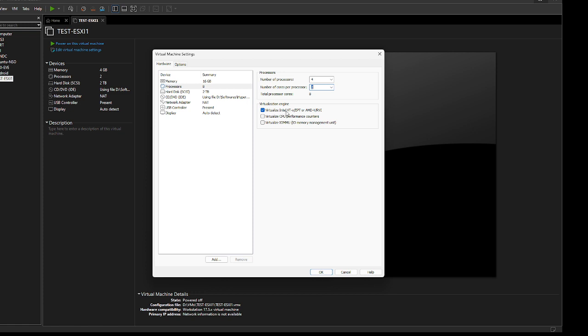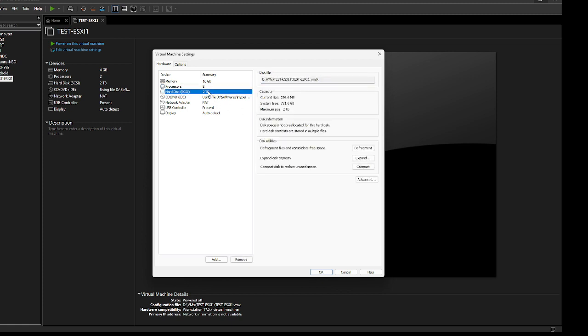Now again, this option should be enabled only if you are running a virtual machine in this particular ESXi. ESXi means you're definitely going to deploy virtual machines on it. So you have to make sure that virtualization is enabled on that machine. If it was a direct bare metal server, in the BIOS you will make sure that virtualization is enabled. Only then can you deploy the virtual machine on the ESXi.